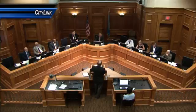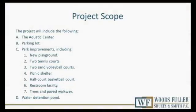Councilor Erickson. One more small question for you, Don. What is going to be the entire cost of the campus, of all the C1 through 7 and D and B, and is there an actual number for A, B, C, and D that you have? Not at this stage. And is Sioux Falls Construction going to be in charge of A through D, or just A? I believe that'll be part of the process that we'll work through with Sioux Falls Construction, because some of the things we've talked about is that we have some standard design specifications that we use for basketball courts, for example, or shelters, where it's sitting in the engineering office and we just hit print and you get another